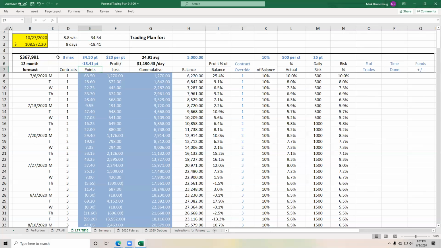And then based on 3 contracts, that gives us a projected 12-month income of $368,000. Starting with $5,000, that can be achieved by understanding how to trade the adaptive entry system, knowing when to get into trades, when to get out of trades. We help with that in the live trading room, and also